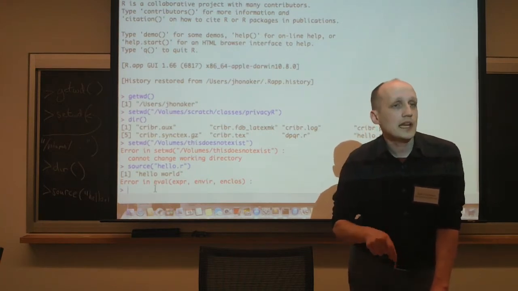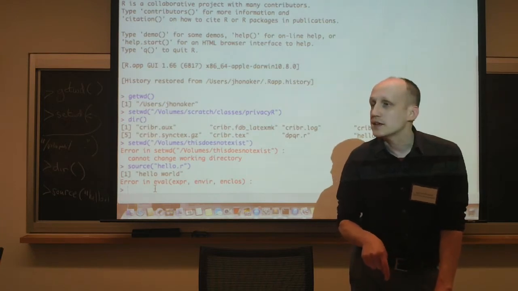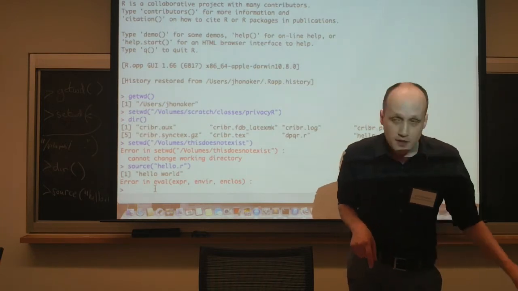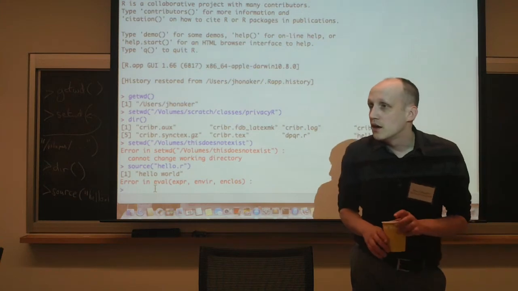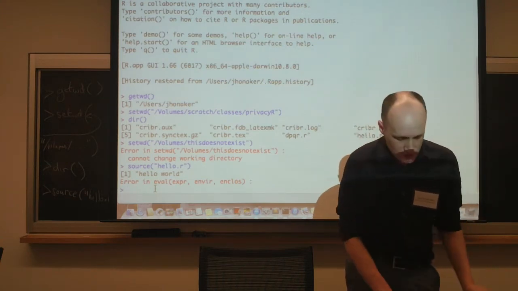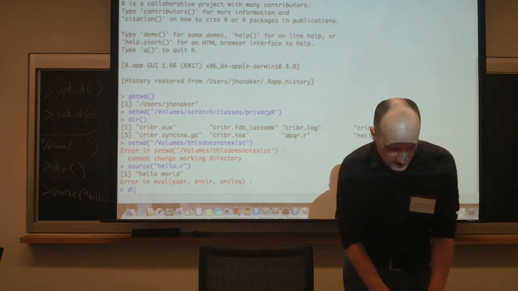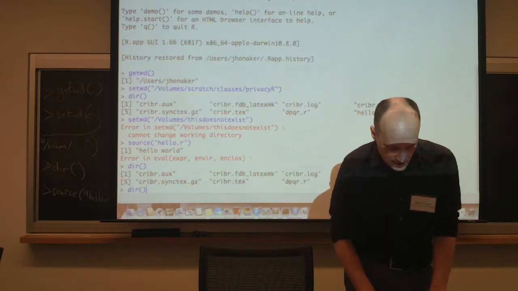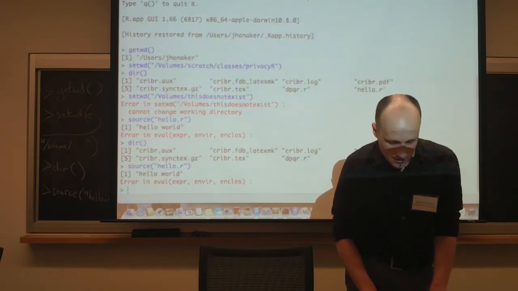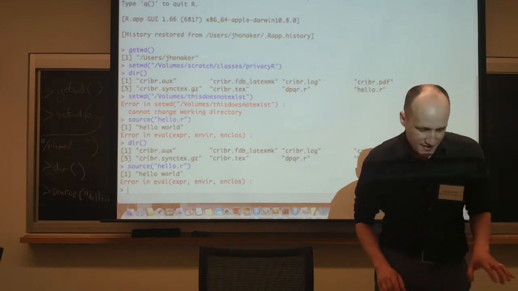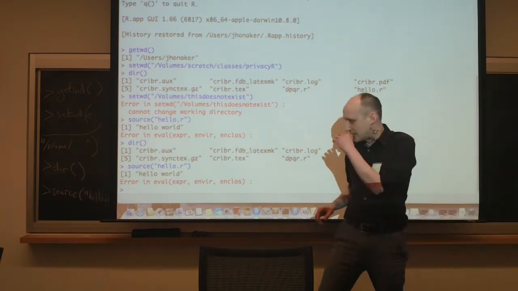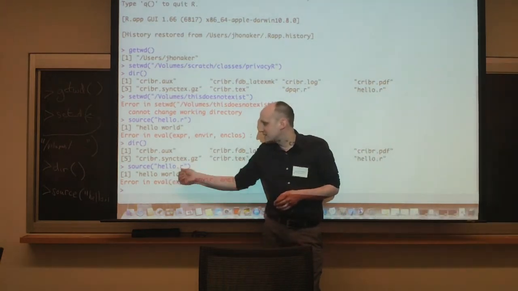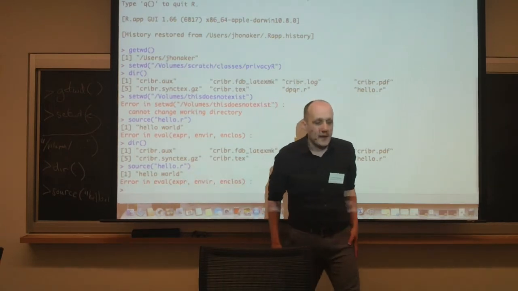Everybody got this up and running who was expecting it to get up and running? Yes? It actually said hello.r wasn't found, but with the parentheses, it said it was there. So when you did this, you see it, I've got it, and when you sourced, it went away. Oh, I see the issue. Okay. Maybe I'm guessing a couple of things to keep in mind that always trip me up: case sensitivity and quotes.